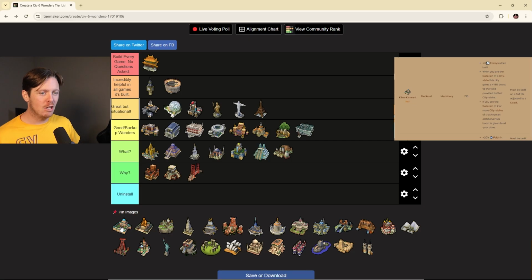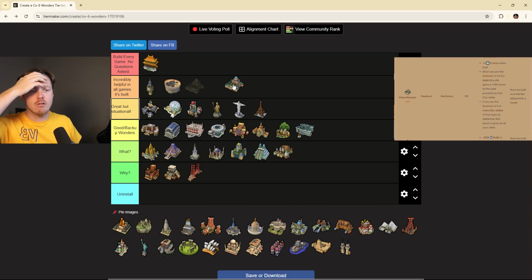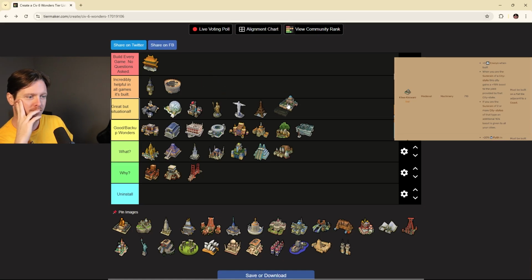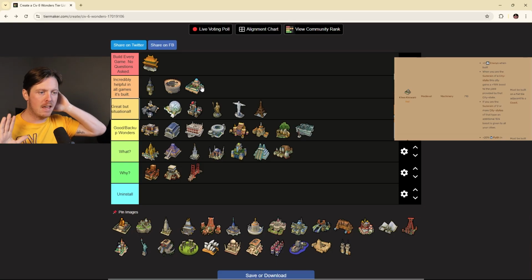Depending on the game, Kilwa Kisawani could go in either of these 3 categories. I don't think in good conscience I can put it and build every game no questions asked, because it does depend on the city-states and the city-state composition in your game, right? Is it incredibly helpful in all games? I don't know that that's true either, but it's better than situational. Like, I'm always happy to have it. All right, well, let's just plop it somewhere where the vibes feel, and then let's talk about